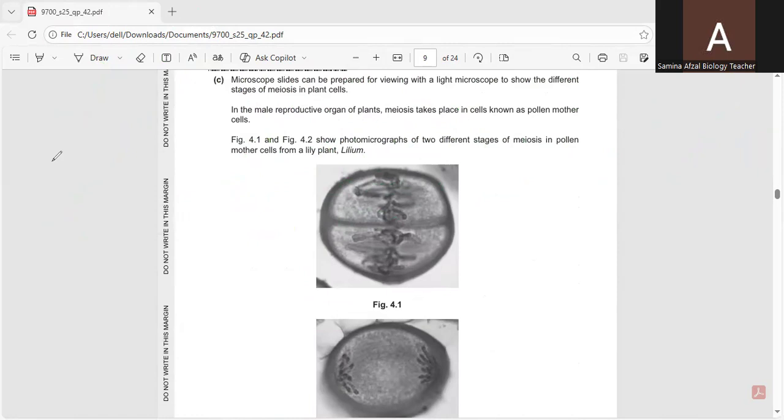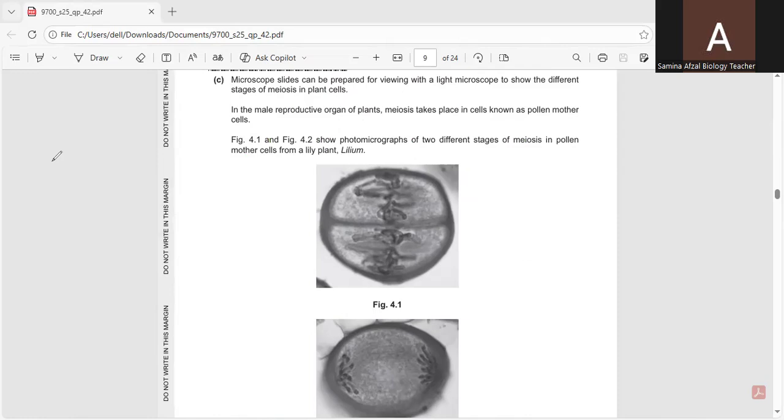Microscope slides can be prepared for viewing with the light microscope to show the different stages of meiosis in plant cells. In the male reproductive organs of plants, meiosis takes place in cells known as pollen mother cells. Figures 4.1 and 4.2 show photomicrographs of two different stages of meiosis in pollen mother cells from a lily plant, Lilium. So here you can see